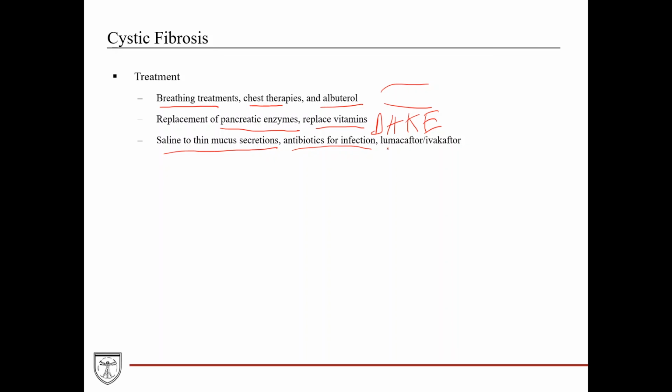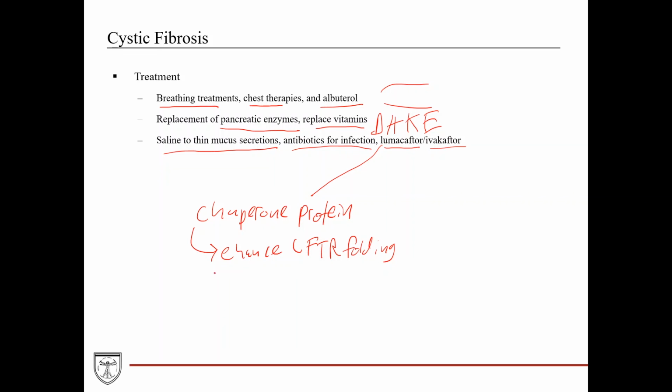And then here you have a drug combination called lumacaftor, ivacaftor. And so these are two separate drugs given together. And so lumacaftor acts as a chaperone protein. And really what it does is it acts to enhance CFTR folding, which the hope there is that then that increases the number of CFTR proteins that reach the surface of the cell. And then ivacaftor, what that does is it potentiates, it's actually present at, or acts at the surface of the cell,